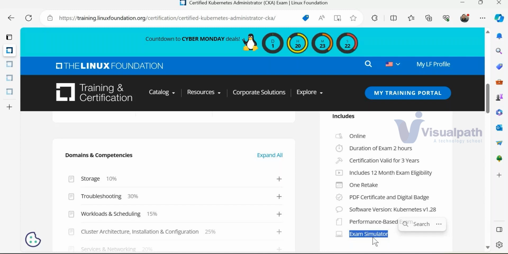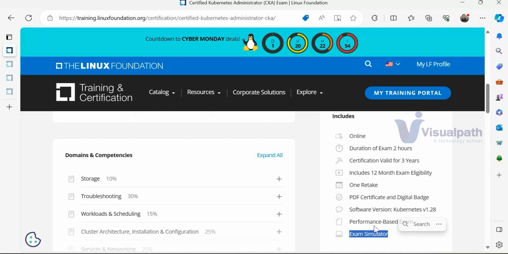We have to learn first, right? I'll build your fundamentals and basics. Once your fundamental basics are strong, we'll go to the advanced mode. And then we will ultimately be ready for the certification exam. So at the end of this course, we will prepare you for certification. That is the end goal. Anyhow, we are spending time, money, everything. Why not get more value out of it? That is the thing which we have created at Visualpath. All right. So this is what we are going to do.